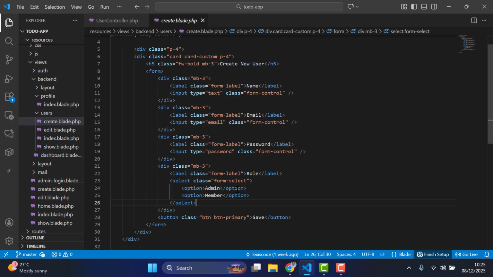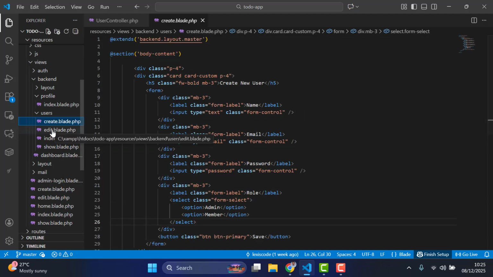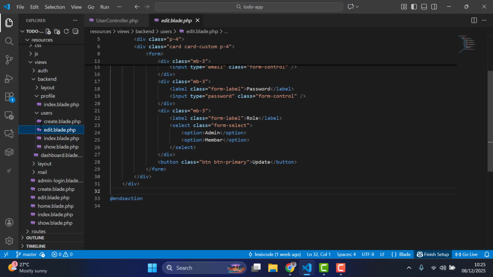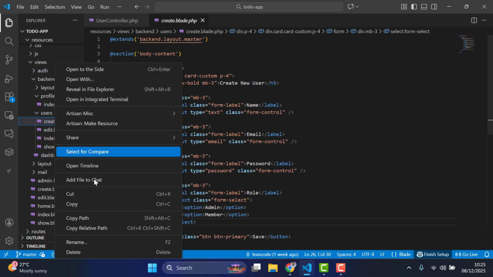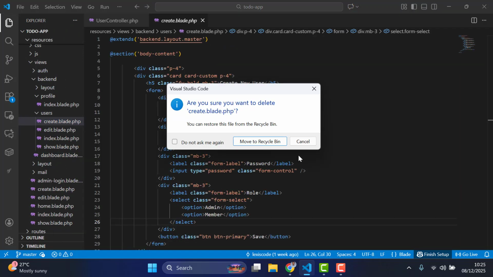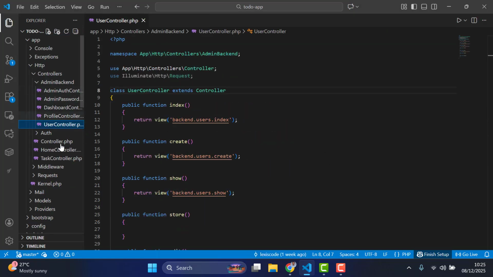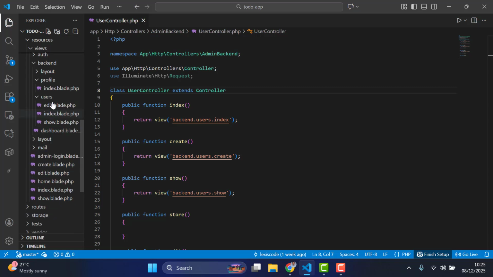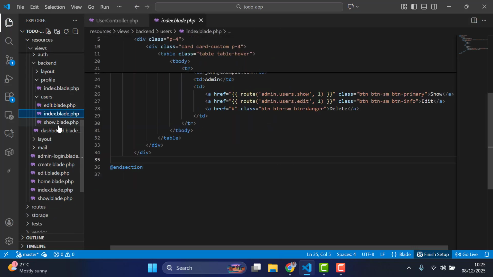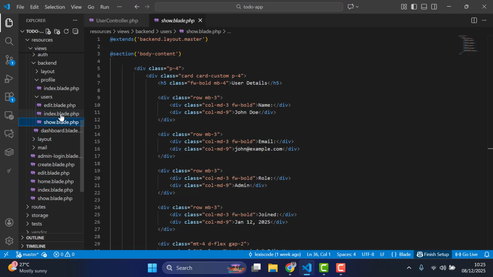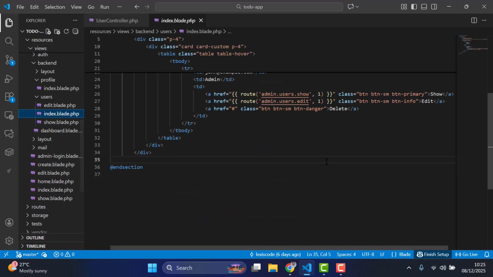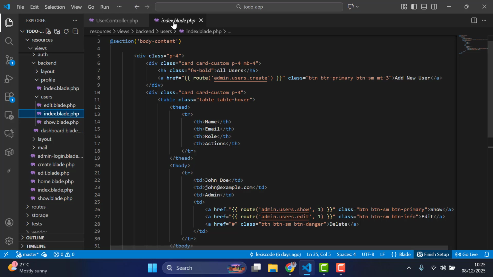From label, from select, we can delete this create stuff. So we won't need the create. We just need edit, index, and show pages. So let's start with the first one, the index page,